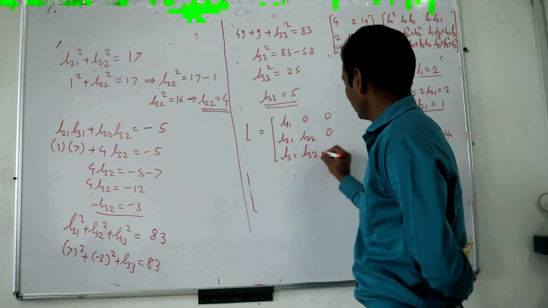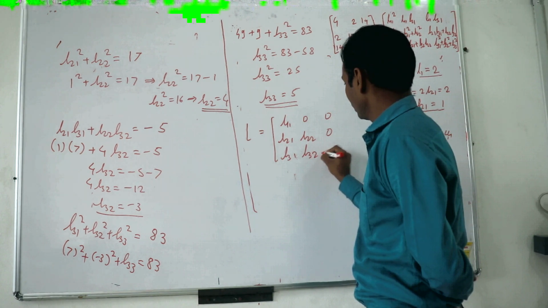Then we get 2x plus y plus 7z is equal to 7. Second equation is 4y minus 3z is equal to minus 27. Last equation is 5z is equal to 5. See that this matrix is multiplied to this column matrix only. So we get these three equations. Now from last, this is backward substitution, and here we find forward substitution. So using that backward substitution, first 5z is equal to 5 means z is equal to directly 1.